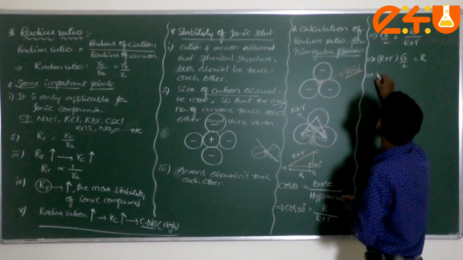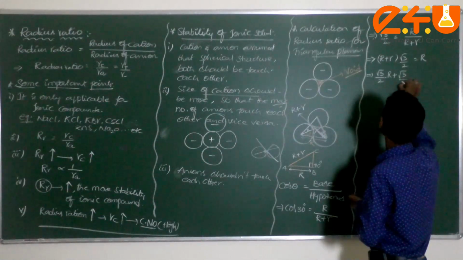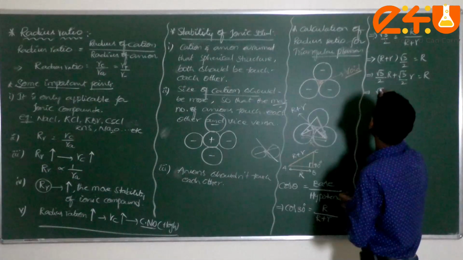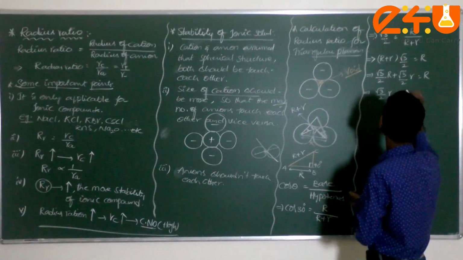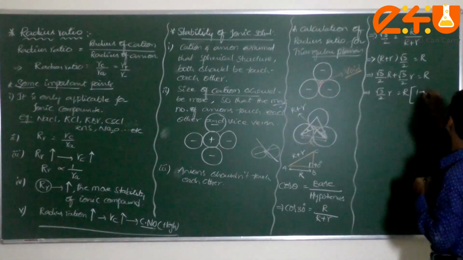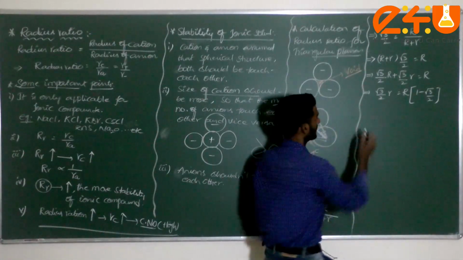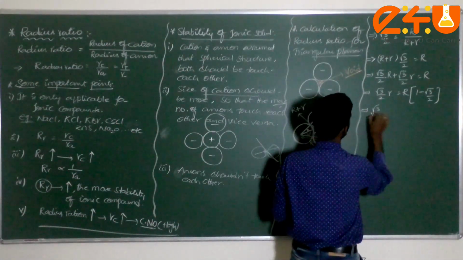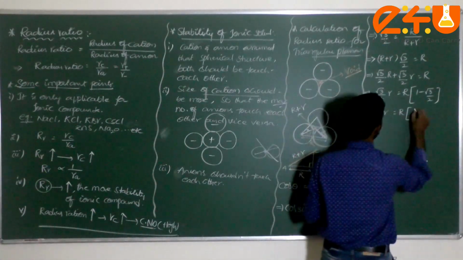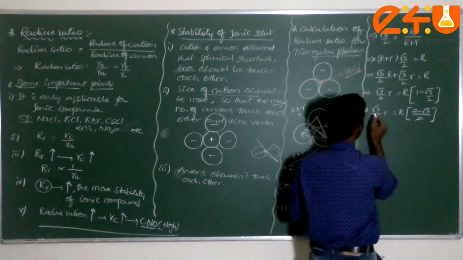From there, what you have to write here: square root of 3 by 2 into capital R plus square root of 3 by 2 into small r is equal to capital R. Then square root of 3 by 2 into small r is equal to R common, 1 minus square root of 3 by 2. Am I correct or not here? Then that implies square root of 3 by 2 into r is equal to R into, what is the LCM, dear student, 2 minus root 3 divided by 2, or not; the 2s will both cancel here.